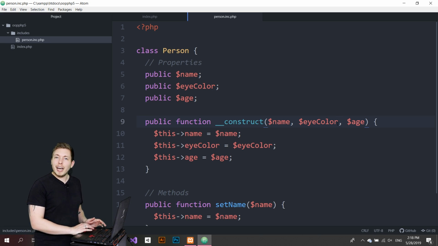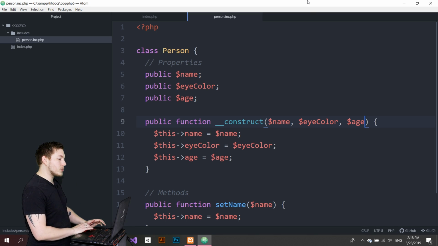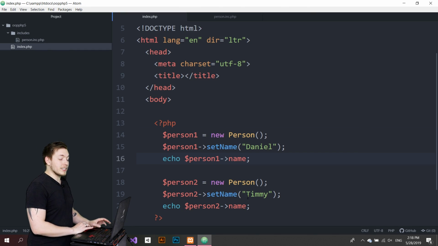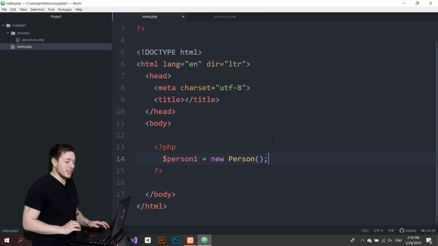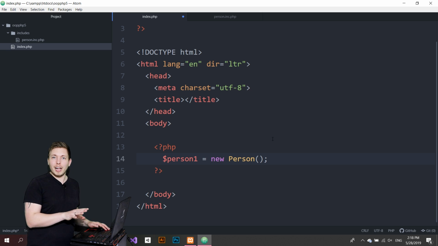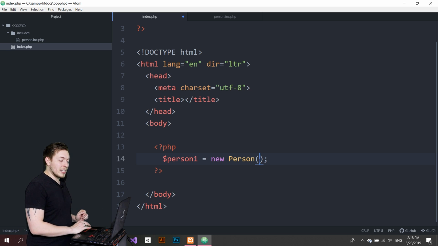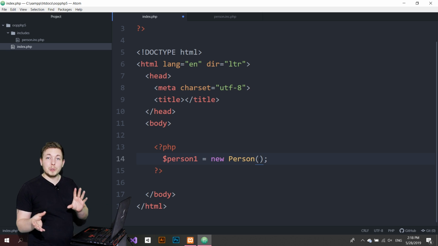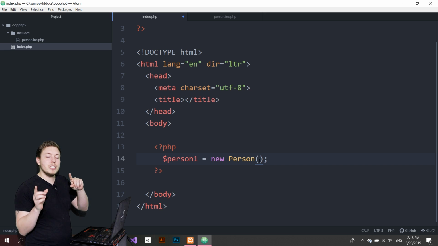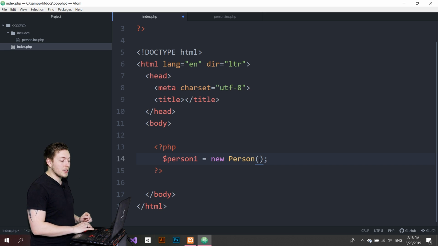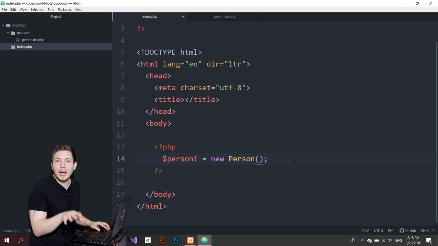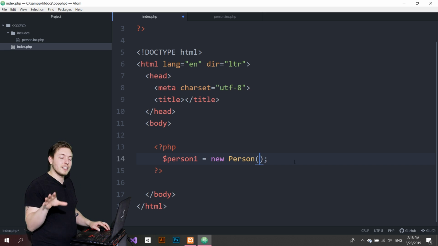So what happens now? Well, if I were to go inside my index file and I still have the stuff from the last episode, we're just going to go and delete most of it. Let's go and delete all the way up to when we create an object based off this class. You may remember I said in the last episode, you could choose whether or not to include the parentheses when you don't have a constructor. Now that we do have a constructor, we do need to have parentheses here, otherwise it's going to give you an error because you have to pass in the data for these constructor